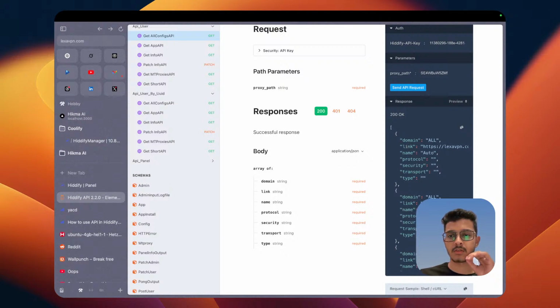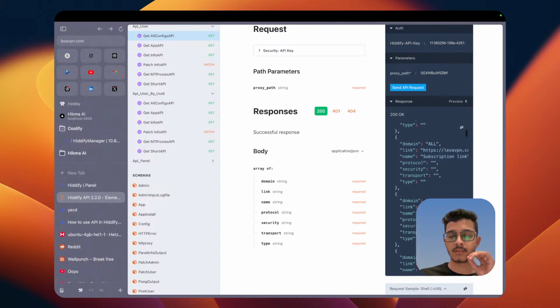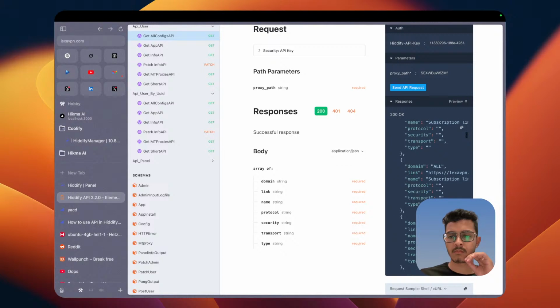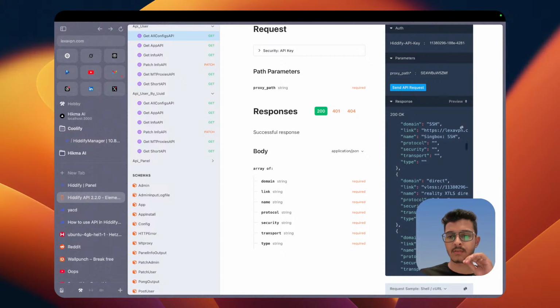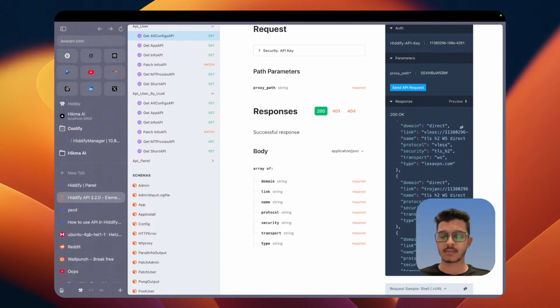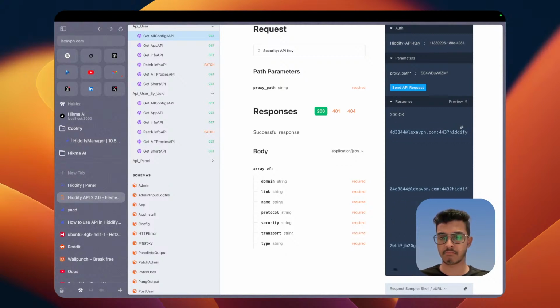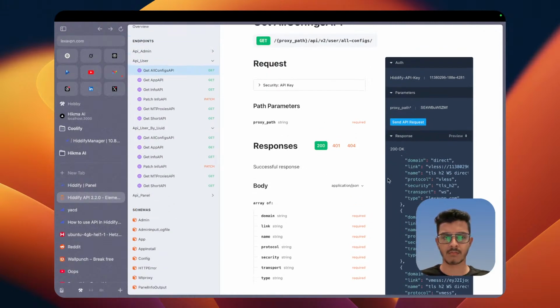What is this? Clash meta, clash, singbox, vless. Singbox reality, TLS. Okay, here is the thing. API